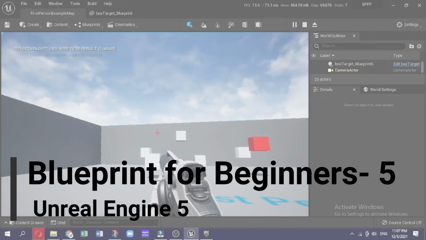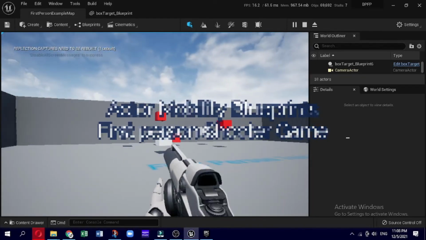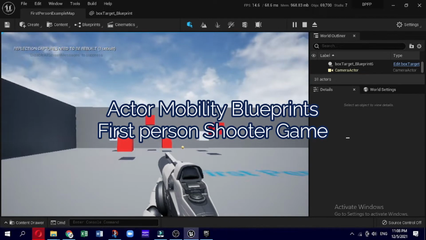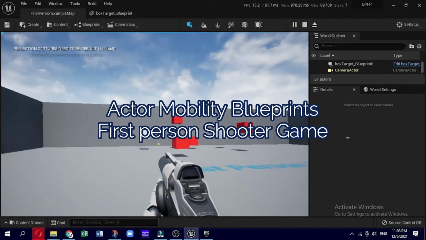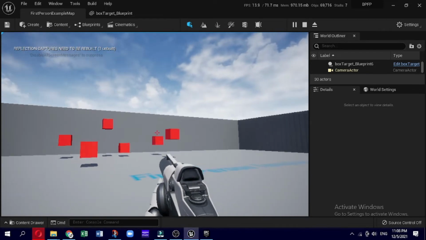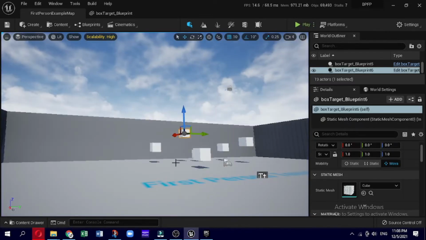In this video series, you learn how to develop wonderful games using Unreal Engine 5 and its blueprint visual scripting, from the single node to the most complex function. In the previous video, we discussed creating a project and an initial level using a first-person shooter template. You then set up a target object that reacts to the player's gunfire by changing its appearance. We are going to look at how to add mobility to objects and their position to give a real effect.